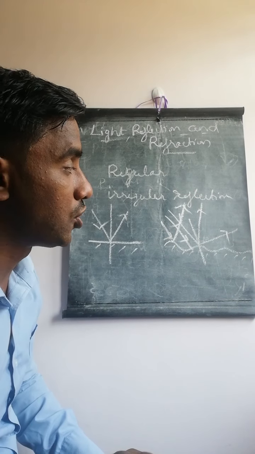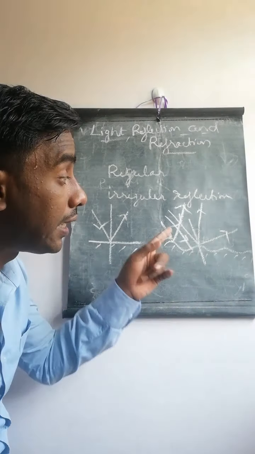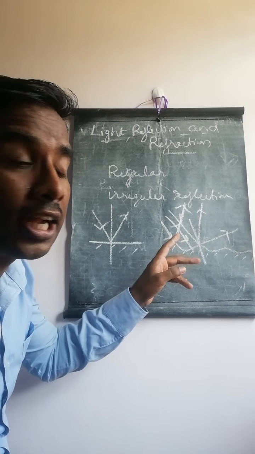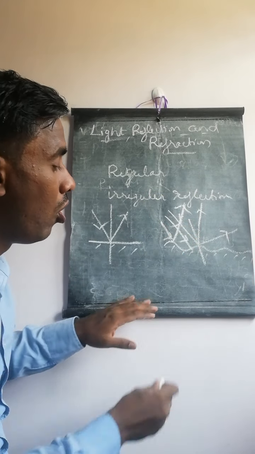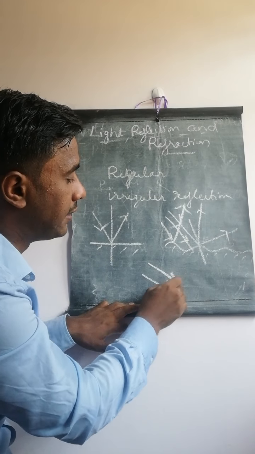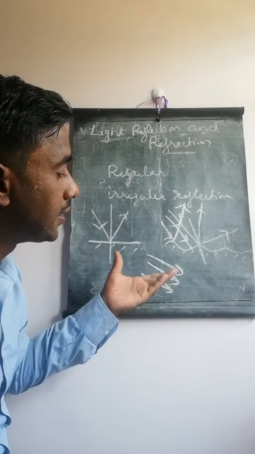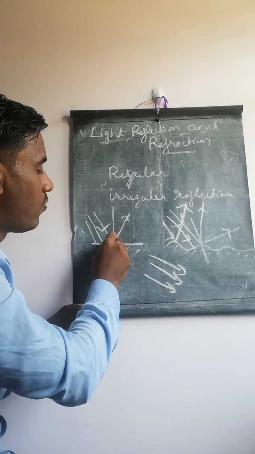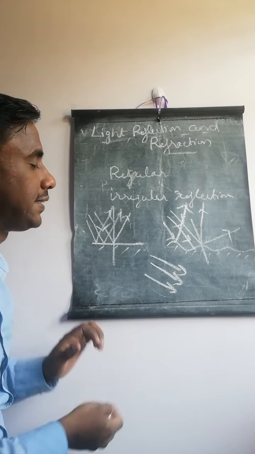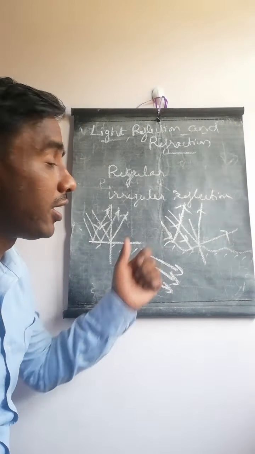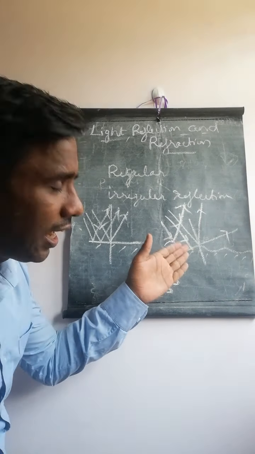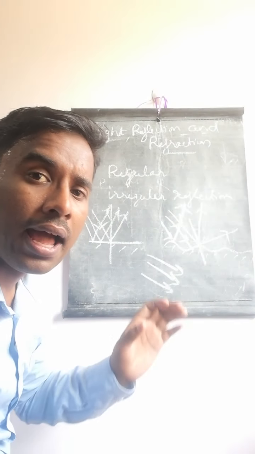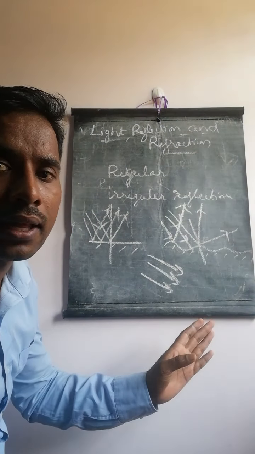That's why the law of reflection of light is telling: angle of incidence means what? Angle between incident ray and the normal, not the angle between the incident beam. This is a ray of light, and if I consider many rays, more than one ray, it is called a beam of light. For regular reflection, no matter how many beams of light fall on it, all the angles will be the same. But for an irregular surface, we consider here also, it's a ray. The law of reflection of light is telling angle between incident ray and angle